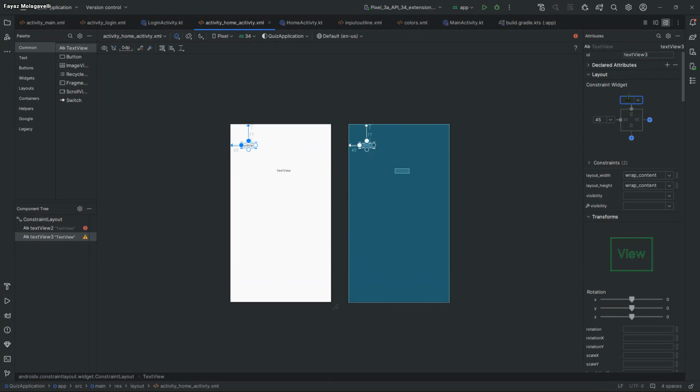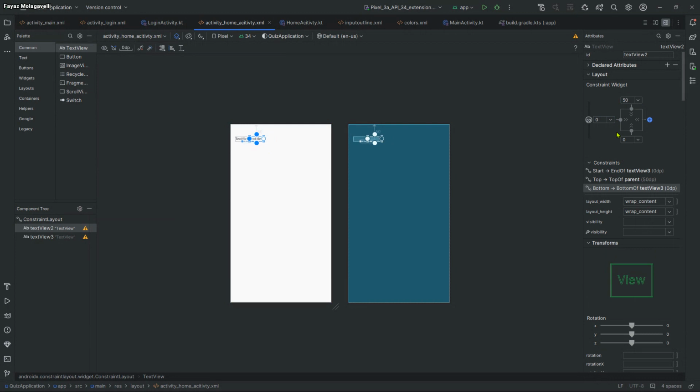From top, I'm going to give some 50 dp, right? From side, I'm going to give 20. All right. Now I'm going to constrain this one to this, start to end. Also, I'm going to change it to 50. Yeah, these two should be